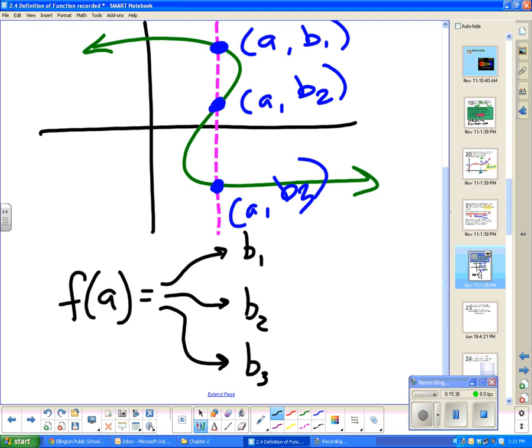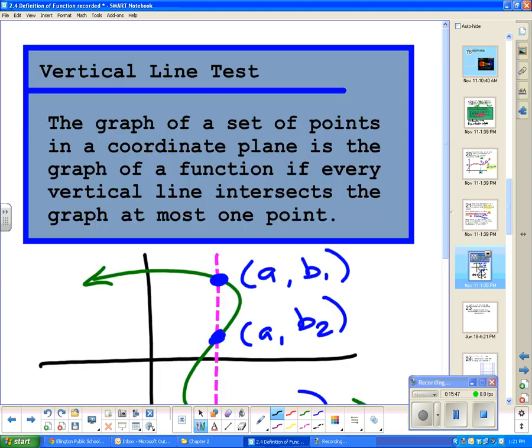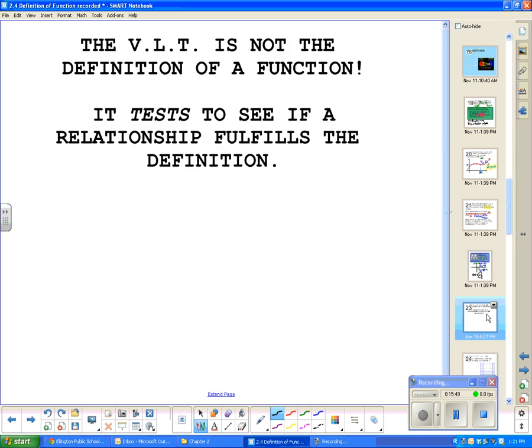Not a function. Failing the vertical line test basically says that you are failing the definition of what a function is. And therefore, it's not a function. Just as a point of emphasis, the vertical line test is not the definition of a function. It tests to see if a relationship fulfills or fails that definition of